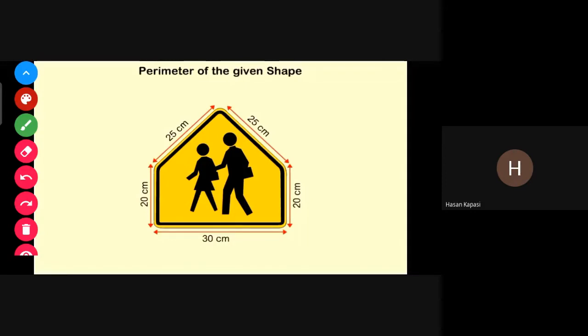Ma'am, in one picture there is meter and in one it is centimeter. In that table there was meter. Here it is centimeter because this is small and that table was big. But here all are centimeter. But that you don't have to see. You just have to tell me what perimeter means. In that, what was written? I told you to read loudly.